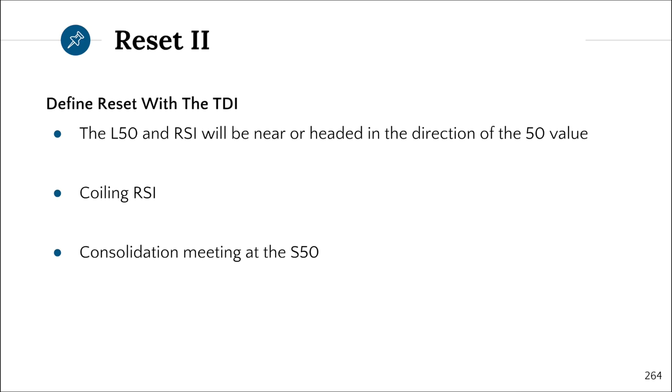So when you lay these reset parameters for the TDI on top of the reset parameters for the EMAs, and you have EMAs going in one direction and maybe the TDI doesn't agree, or maybe the liquid 50 is too close to the stationary 50, then you have reset, and it's better to stay out. The worst that happens, I've said this the whole course, the worst that happens is you miss a winning trade, you come back tomorrow with money in your pocket, and you try to find another one. That's the worst thing that happens. You'll live like that, I promise.